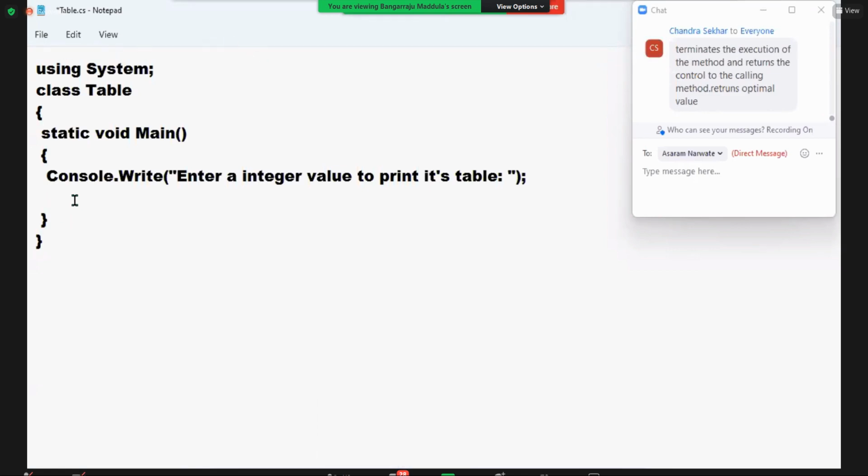Let me read it first. How to read? int x is equal to int.Parse(Console.ReadLine());